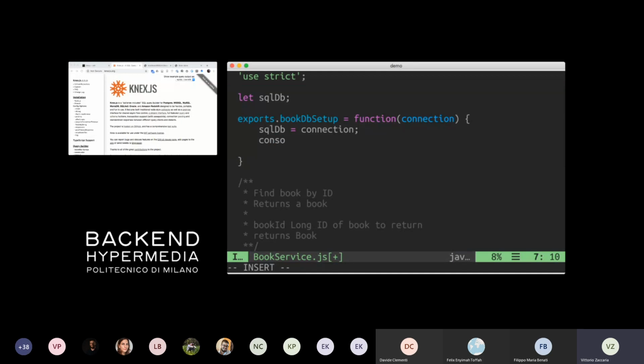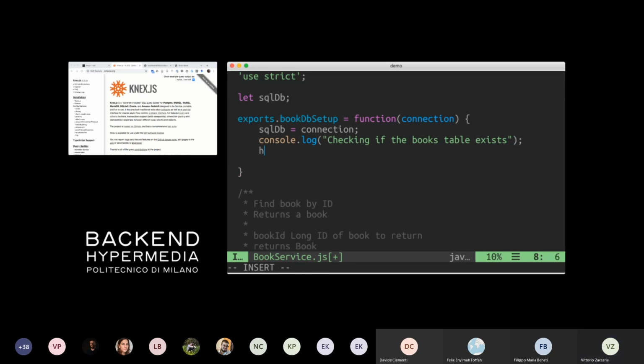Now I'm going to print some message here. The first message that I'm going to print is, checking if the books table exists. Now the SQLDB object is an object that is returned by Knex. We're going to load the Knex module in the main file. For the moment, we're going to use it as it is passed through the connection object here, and I'm going to return